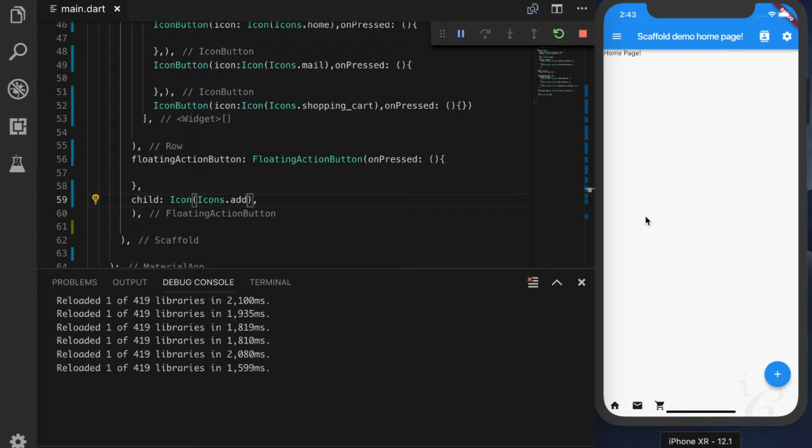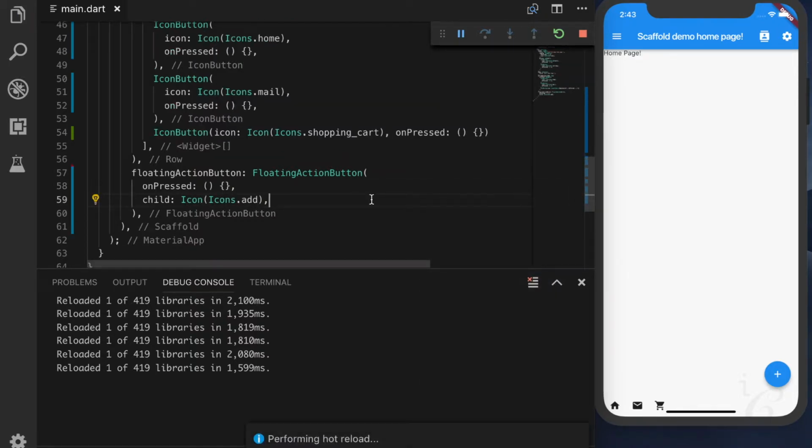In our sample application, this doesn't make much sense, but just to demonstrate the functionality, I have provided the add icon there, and we'll just format it real quick.